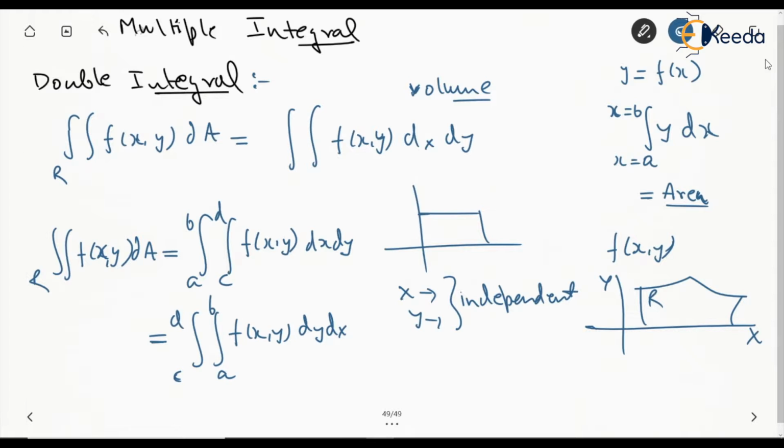So in case the region enclosed by the surface is, let's say, a rectangle, we can do such a thing. Of course we'll see an example and understand what the region enclosed is and what the function is.